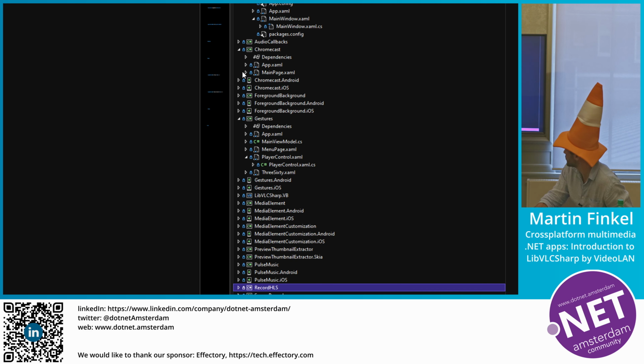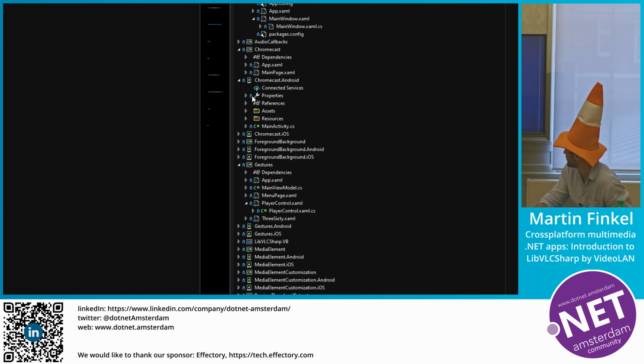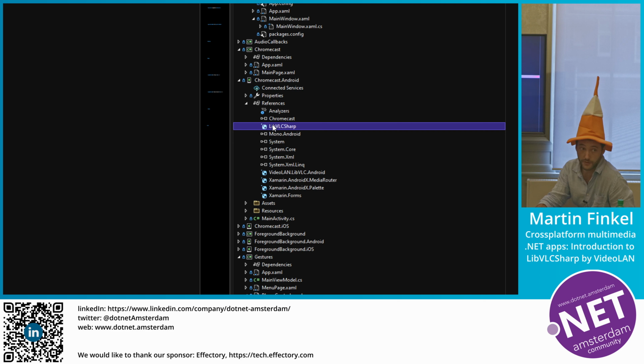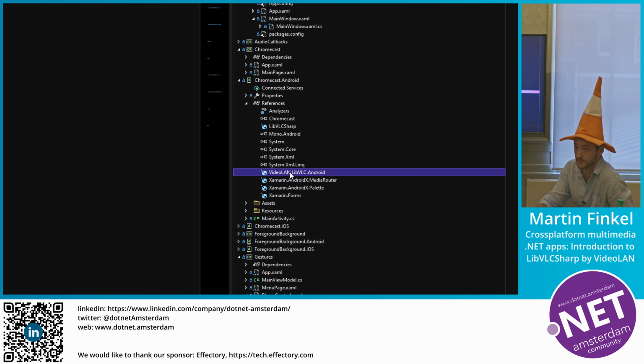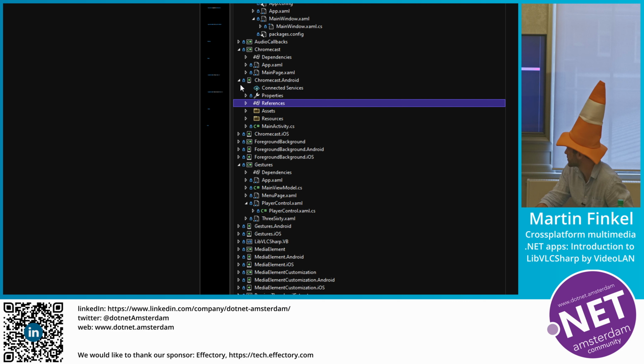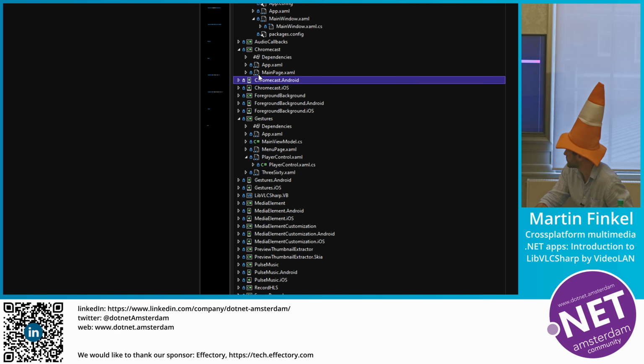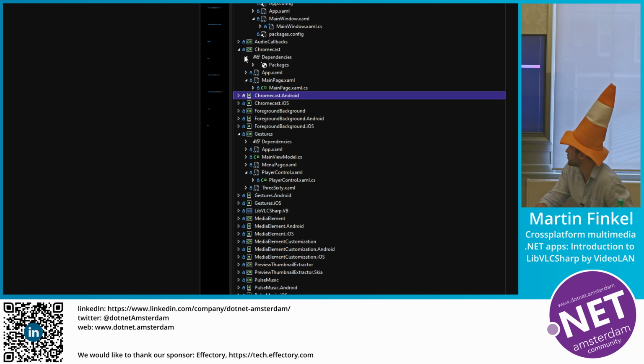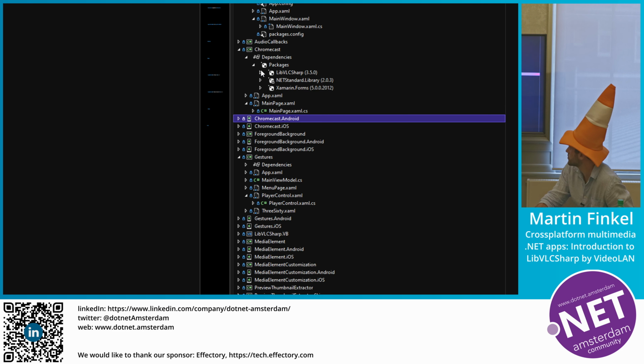So just to show you, if you go in references, this is the Android project. It has the LibVLCSharp reference, right? And it has the Android version of the LibVLC engine, same in the iOS project. This is a platform-specific project. This is the shared project, which just has the LibVLCSharp reference here.